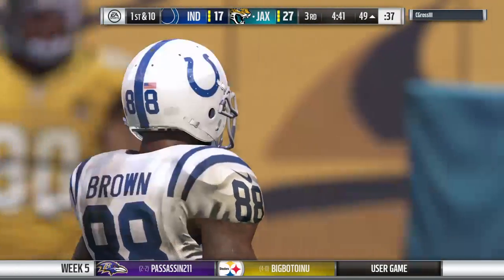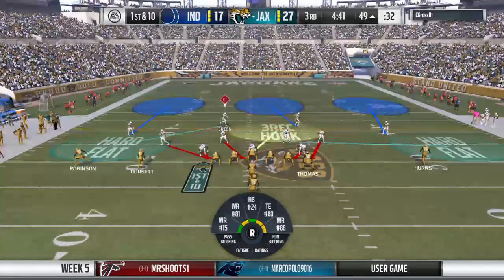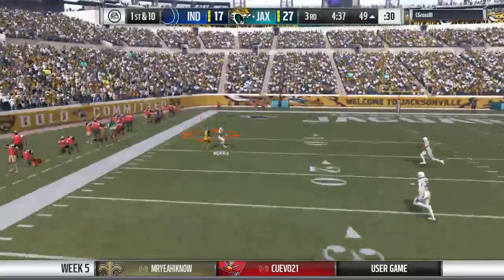And following the interception, just any interception, are you a little bit more cautious when you start that next drive, or no, you just throw that out the window? I think you are. I don't think there's any way you can run back out there and go, totally didn't affect me. It's just...